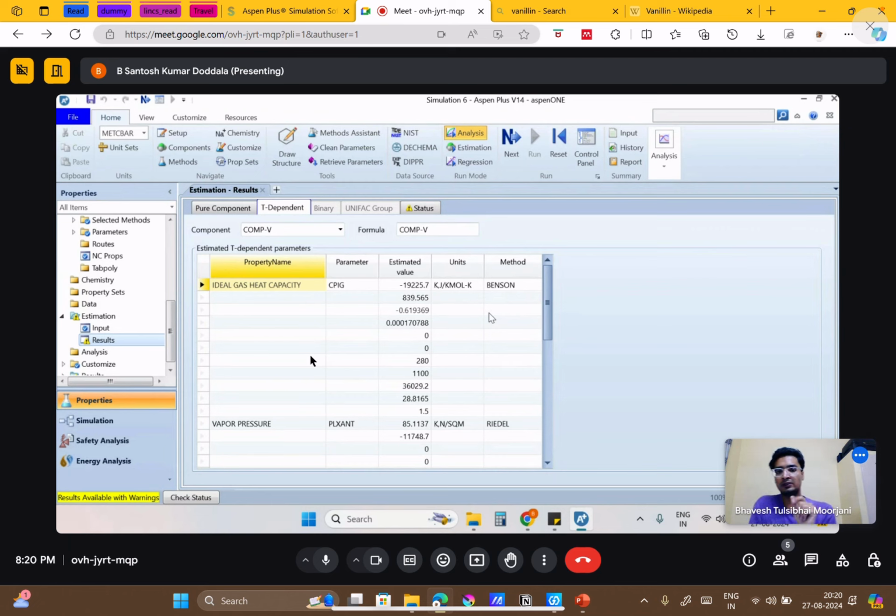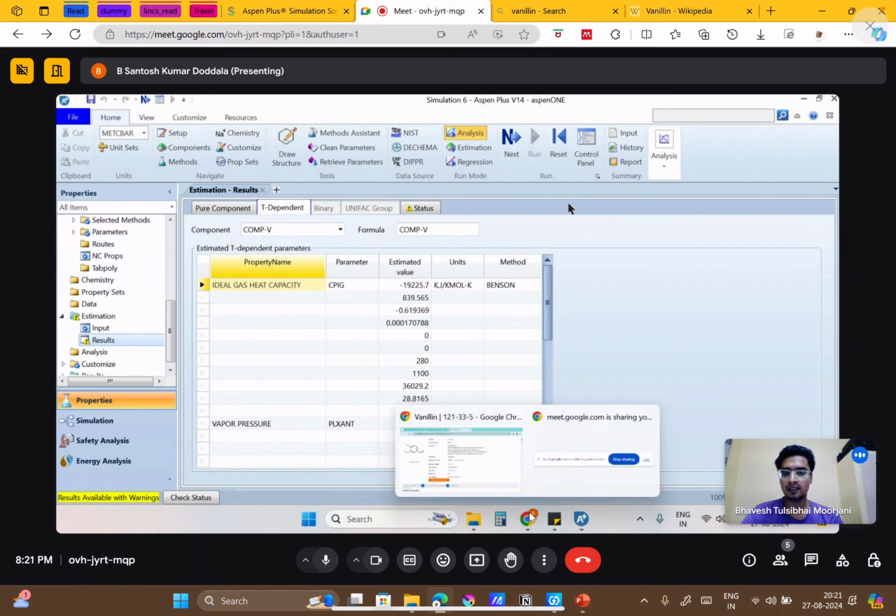Okay. So in your assignment, I think a similar structure is given where you have to draw the structure. And if you don't get all the properties, probably the connections are not created. In that case, you have to create the bonds, and then when you run the analysis, you will get the other properties also. Okay, that is one thing. So this was the idea: when we have some new compound for which we don't have the data, we can use this estimation method to calculate the property.